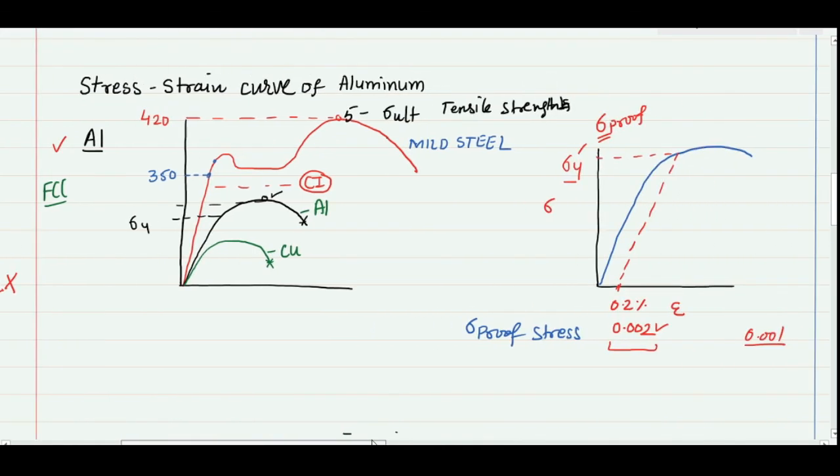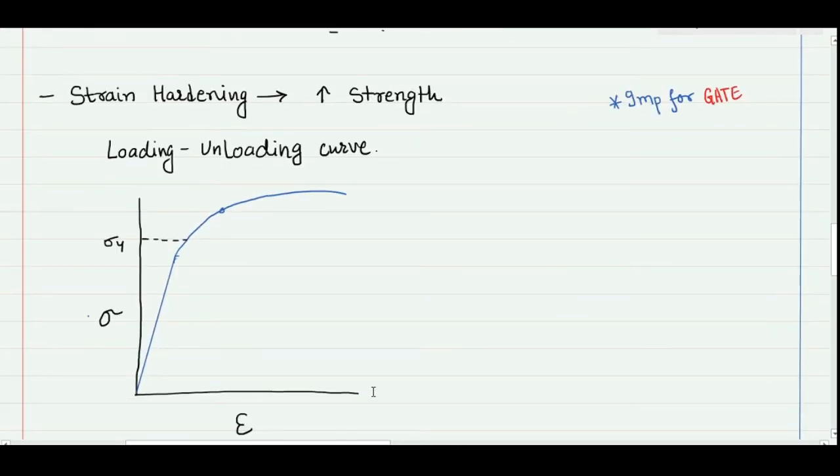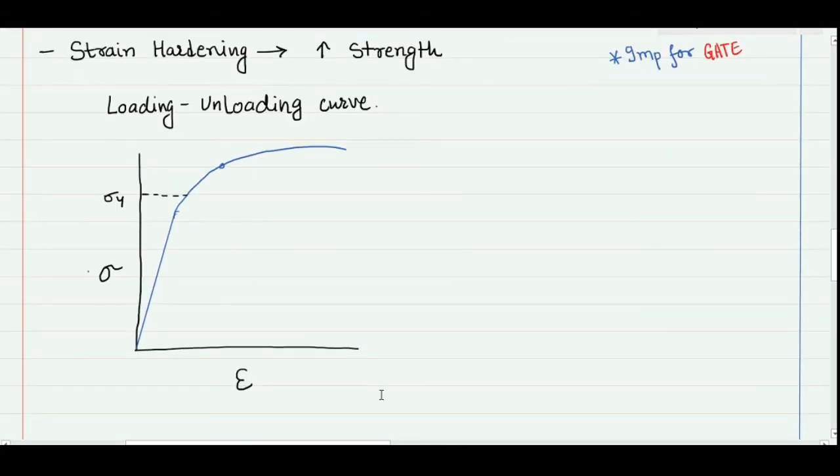Now let's move to the next part, where we have to define a very important phenomenon, that is the loading and unloading condition, and that is actually related to the strain hardening process. What happens in the industry, whenever you want to increase the strength of a particular piece, you apply loading, and when the material has some permanent deformation, you remove the loading. So this loading and unloading actually induce an increase in the strength of the material. So let's understand how we do that.